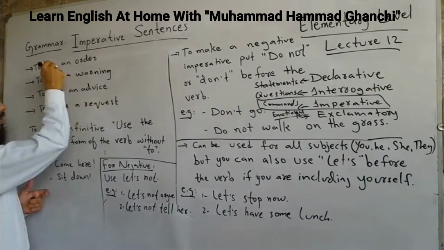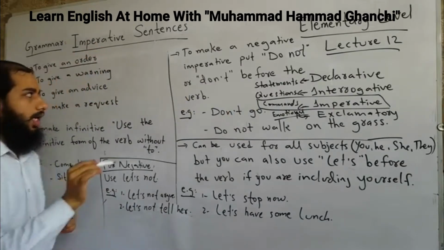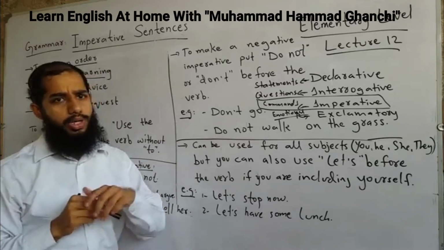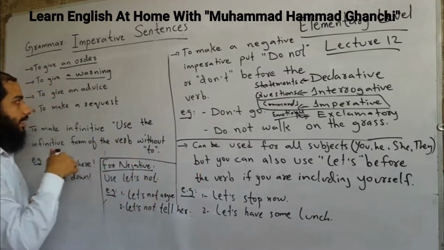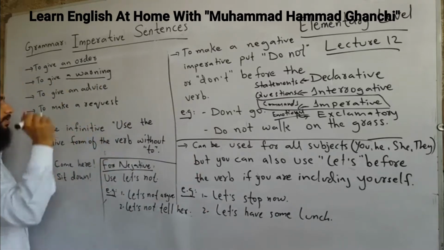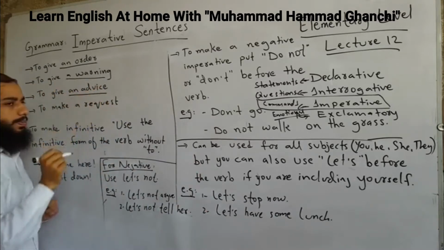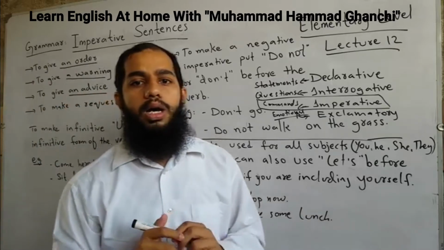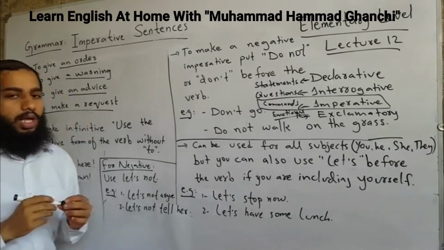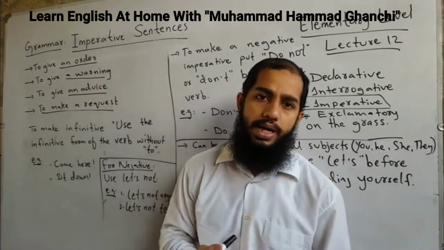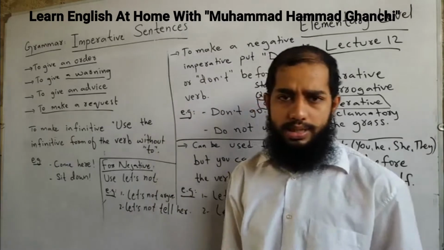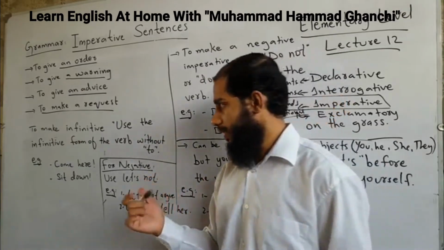Number 1, to give an order, हुक्म देने के लिए. To give a warning. Warning means खबरदार करने के लिए, किसी को कोई काम के लिए. We will discuss in detail as we move on. We use imperatives for giving advice, and last but not the least, to make a request. किसी से रिक्वेस्ट करने के लिए भी हम इम्पेरेटिव्स का इस्तेमाल करते हैं। तो ये बहुत कॉमन है यार, it is very useful, very usual, हम बहुत ज़्यादा इस्तेमाल करते हैं अपनी डेली लाइफ कॉन्वर्सेशंस में।